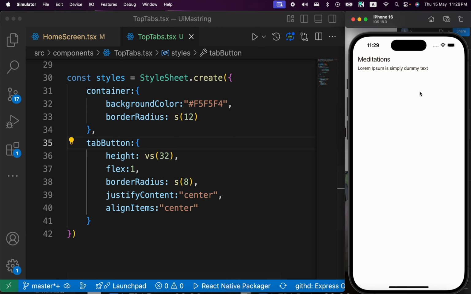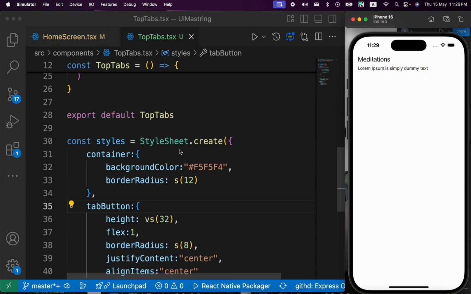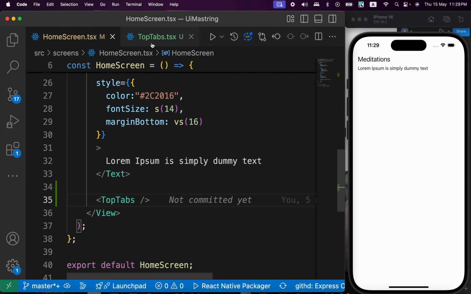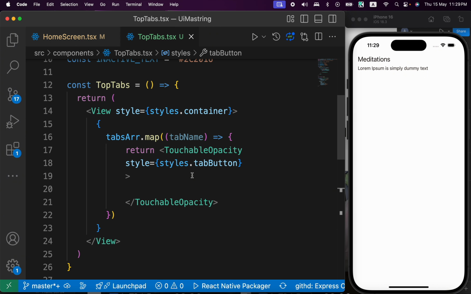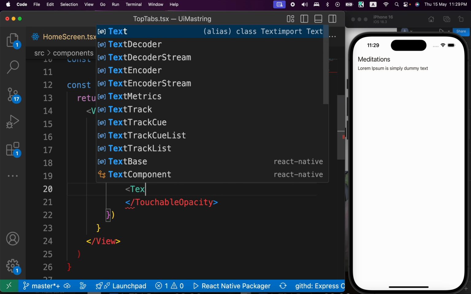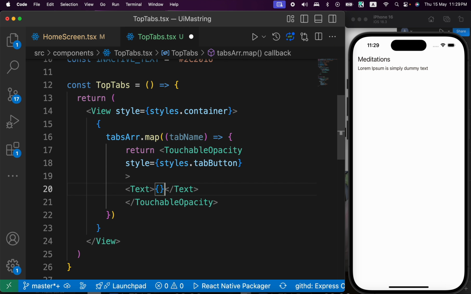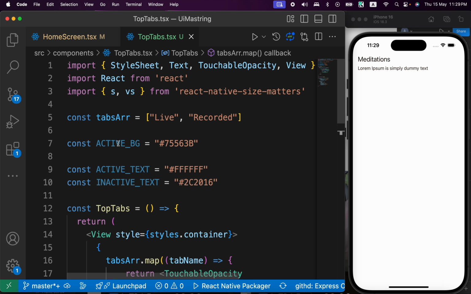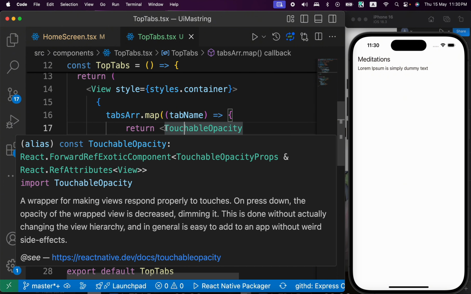Now let's press save and see. We didn't get anything yet. Did we render it? Yes, we rendered it, because we didn't return anything inside this touchable opacity. So it's time to return our text. And we're gonna pass inside this text the tab name. This tab name refers to each element inside our array. So it will refer to live and recorded. Now let's format our code